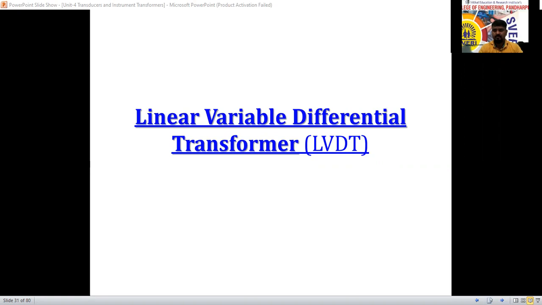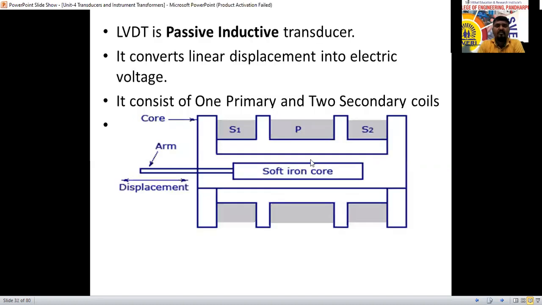Today, actually, we have already started the linear variable differential transformer. That is the differential transformer. It is going to induce EMF in the secondary windings, and the net output of that is the difference between secondary winding 1 and secondary winding 2. We have considered that one. Okay, so this is the linear variable